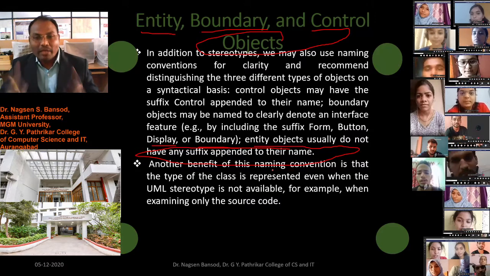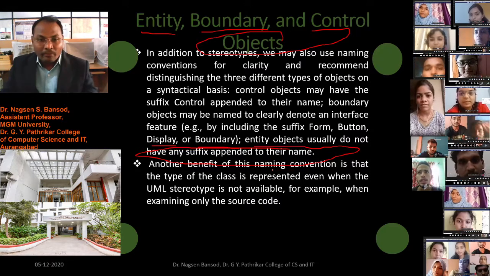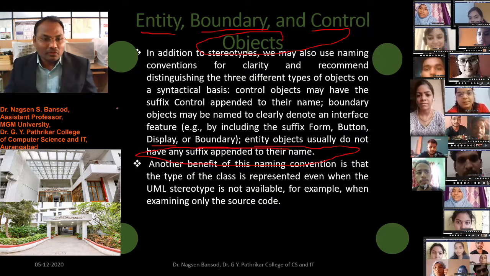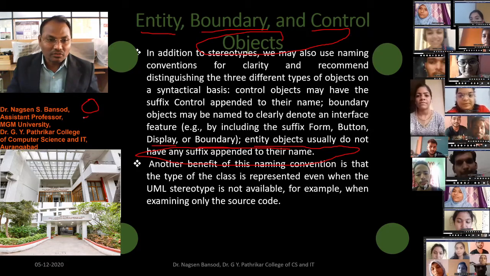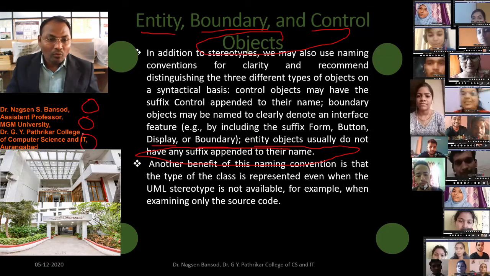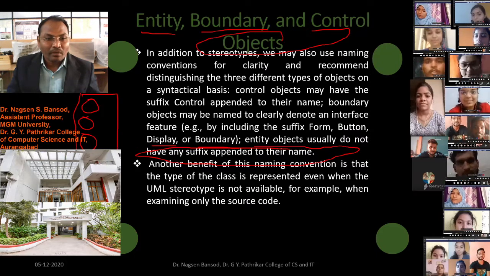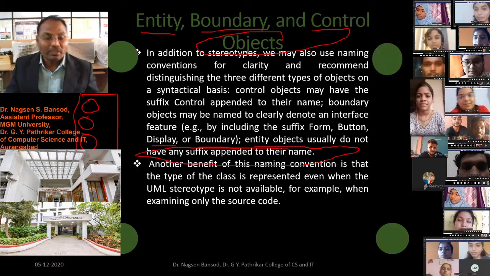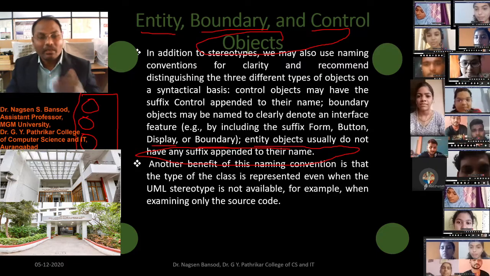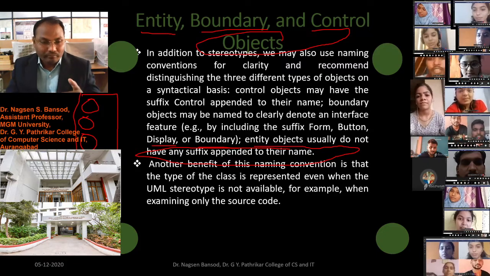You have to do the analysis. At that time, you first have to write which are the entities, and which are the controls. To control these entities, you have to use the name itself to show the control.